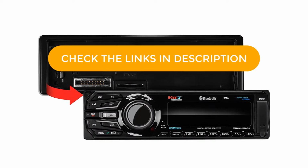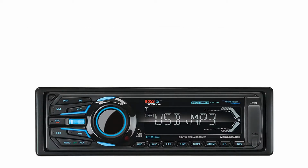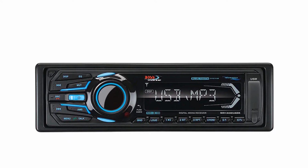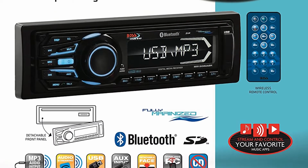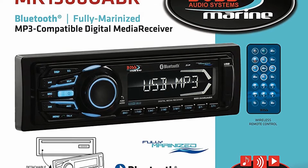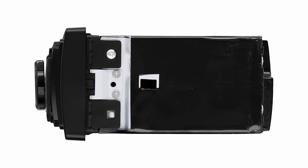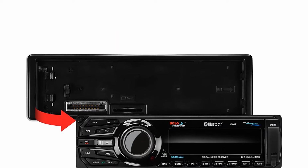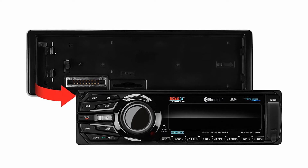Features include AM or FM radio, USB and SD ports, excellent weatherproofing materials, special UV protection coating, Bluetooth streaming, hands-free calling, access to audio apps like Spotify, front panel detaching option, connect to external speakers. With the Boss Audio Marine speaker, you can enjoy a fantastic selection of musical formats with ease. The embedded Bluetooth functionality also ensures users can manage calls hands-free, without having to fumble with their phone when they're